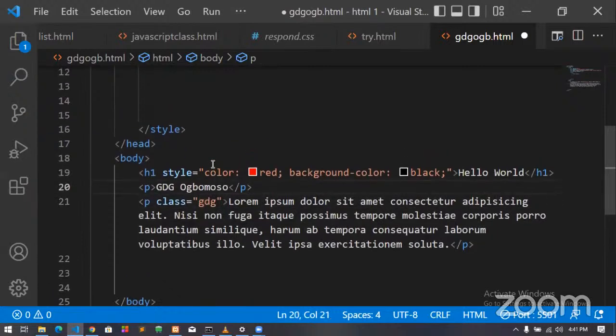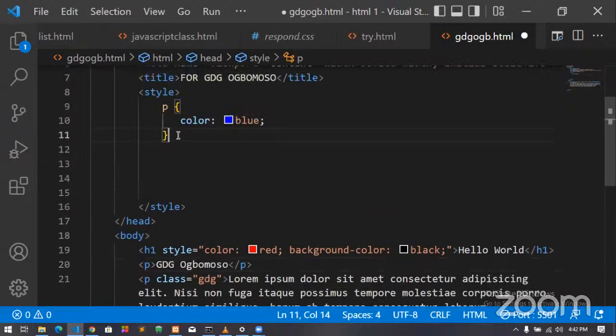But our advice is that whatever you are doing should be the name of your class. There's no problem if you are using your name as the name of your class. If you feel no, I want to be using my name, it must not be appearing in my code, you must not be a developer. There's no problem, but it's not advisable because at some point it might get confusing. So it's advisable you use the name of what that thing you're styling in particular is doing. You should use it as the name of your class.